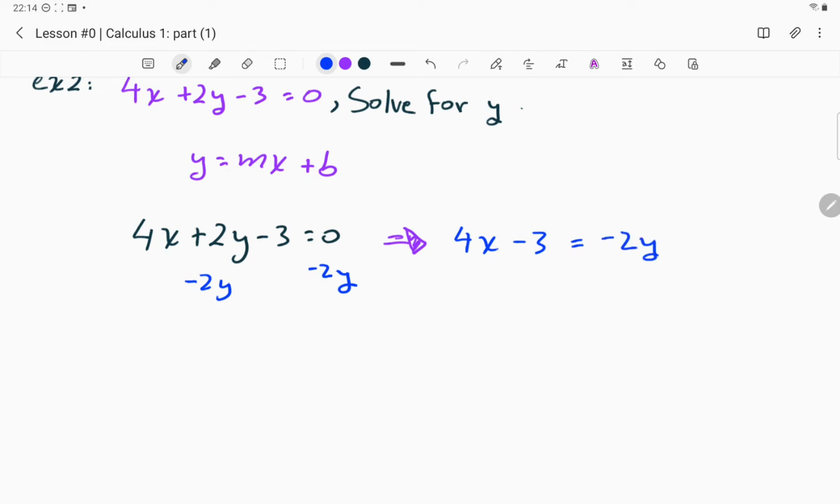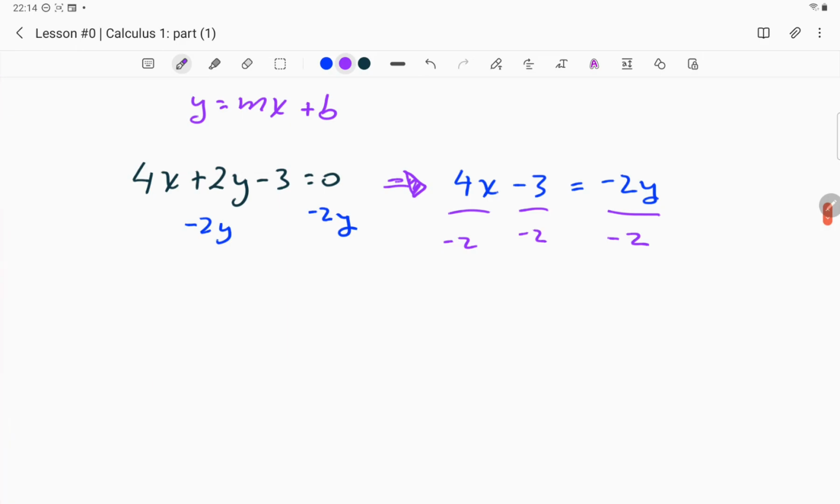Now, a lot of people are kind of like, oh, negative 2y and all of that. They're just stressing it out and fussing over it. So what you basically need to do is divide by negative 2 on all sides. When you divide and you see the division line is through the whole equation on that side, like 4x minus 3, it's basically telling you to divide this by negative 2 and divide the other term by negative 2 also, which is, if you go ahead and do this,